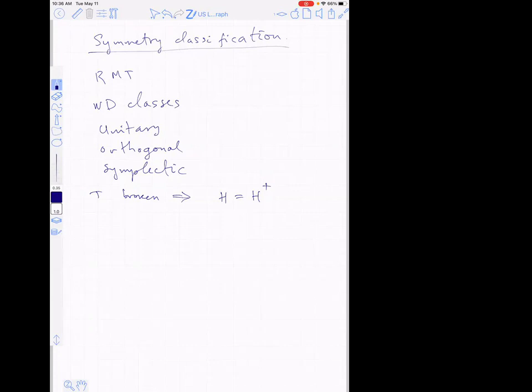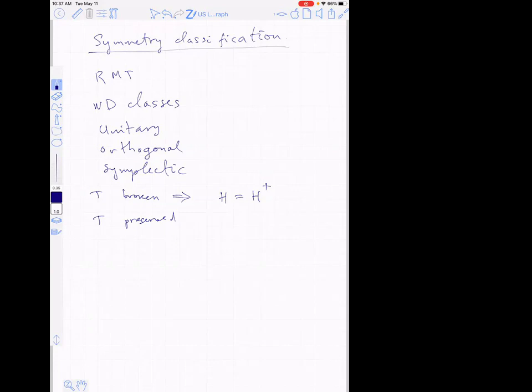Now if T is preserved, then things fall into 2 classes, because time reversal symmetry can be written in terms of complex conjugation and some anti-unitary operator, and that anti-unitary operator itself can square either to 1 or -1. So there are several cases, and in quantum mechanics, when you look at particles with spin, one case corresponds to integer spins, the other corresponds to half integer spins.